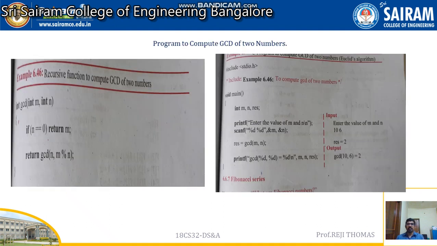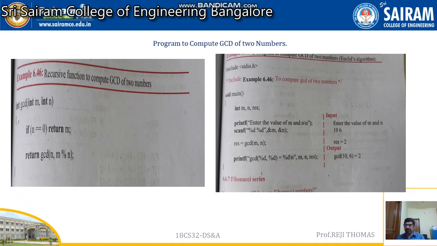Right? Yeah. If you have a doubt, let us see the GCD for this. So on the right hand side you can find the complete function. We have taken three variables m comma n comma res. We are going to read what is the m value and n value, and res is a variable which is going to have the return value of what the GCD function is going to return. If you look at the input which we give, m is going to be 10 and n is going to be 6. Okay, so this is what your function called.